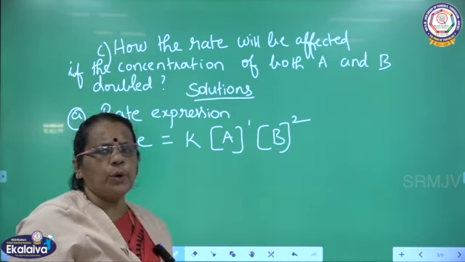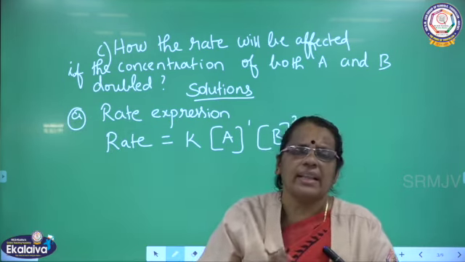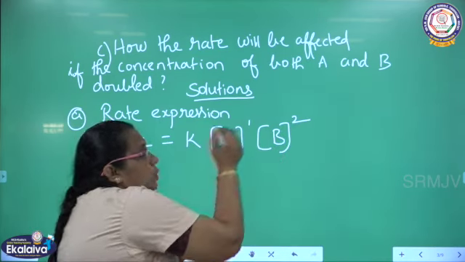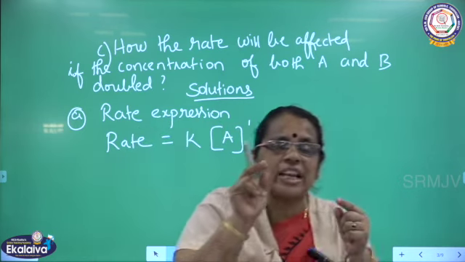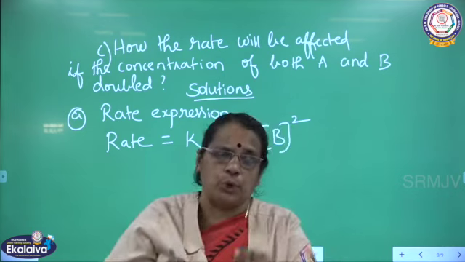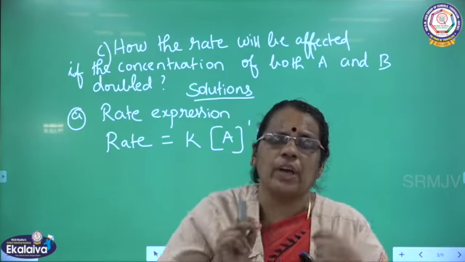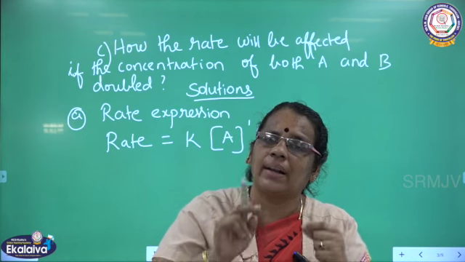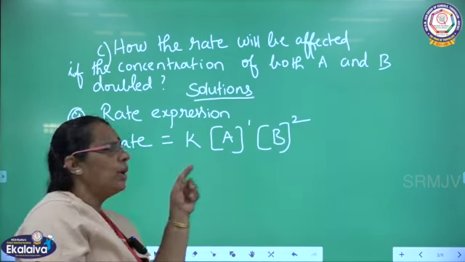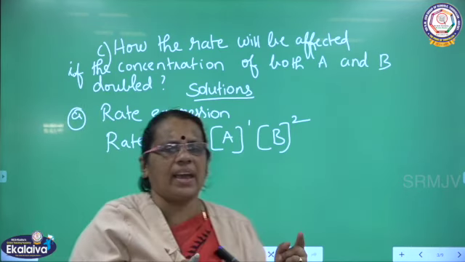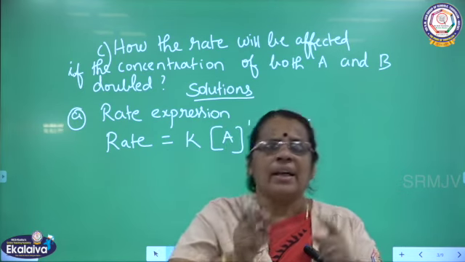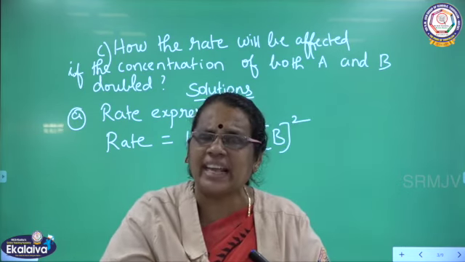So what is that I told you? What is the reaction we are taking here? The reaction is first order with respect to A. With A, the order is 1. The order of the reaction with respect to A is 1 and order of the reaction with respect to B is 2. So based on this, we are going to write the rate law or rate expression. So rate is equal to K into, what is this K here? Rate constant. So how will you write the rate of the reaction or rate expression? How can we write for any reaction?